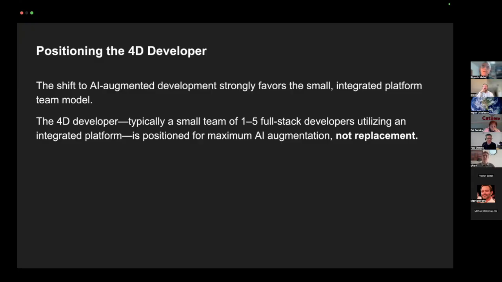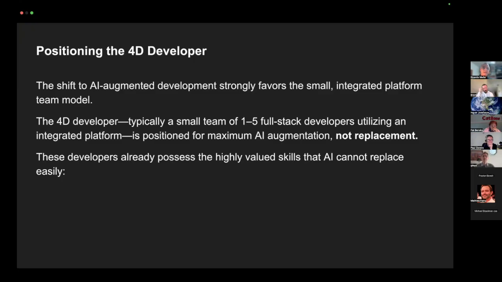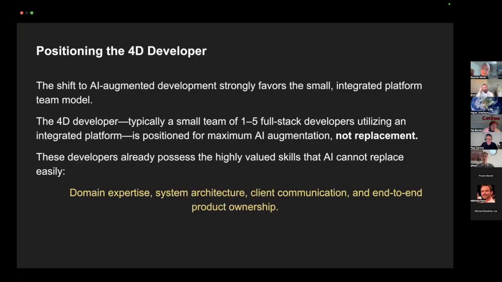Utilizing an integrated platform is positioned for maximum AI augmentation, not replacement. That's AI telling me that. Not replacement. These developers already possess the highly valued skills that AI cannot replace easily, which are domain expertise, system architecture, client communication, and end-to-end product ownership.